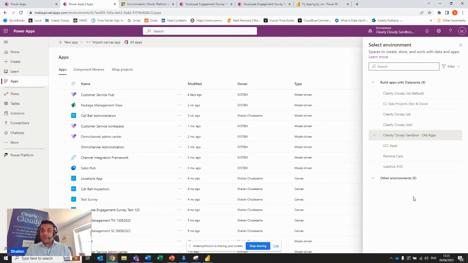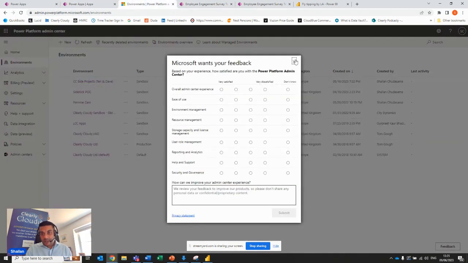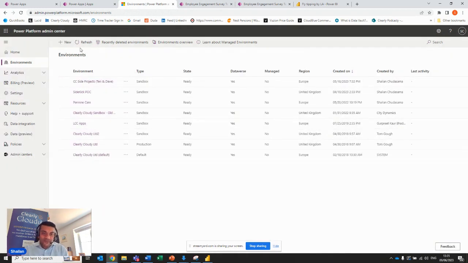You may have different environments for different business units, for different teams. So when I look here, I can actually see all of them. But if I look at, no, thank you, Microsoft. I'm not going to fill this out right now. So I'll close that. So if I look at environments, I can see a list of environments. If I click on the one that I was on, Clearly Cloudy Sandbox Old,